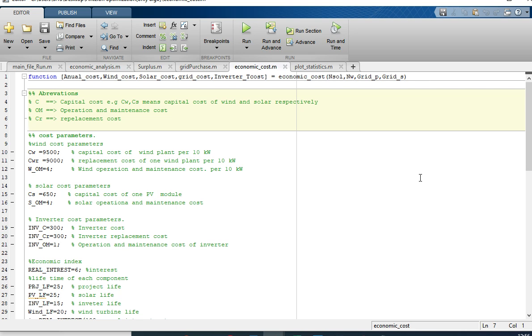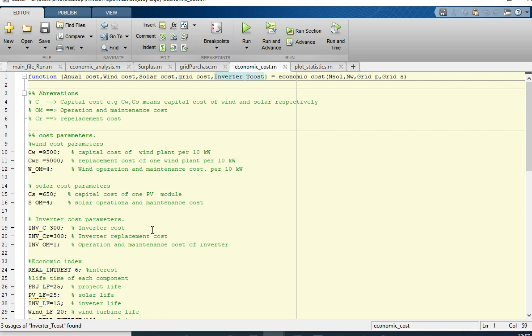So we were discussing the coding simulation of a wind, solar, hybrid renewable energy system connected to the grid. With respect to load management strategy, in the economic analysis file or in the fitness function, we were discussing an economic cost function that takes in the size of the solar, the number of wind turbines, and grid purchased and sold energy as input, and in return it gives us annualized cost, wind cost, solar cost, grid cost and